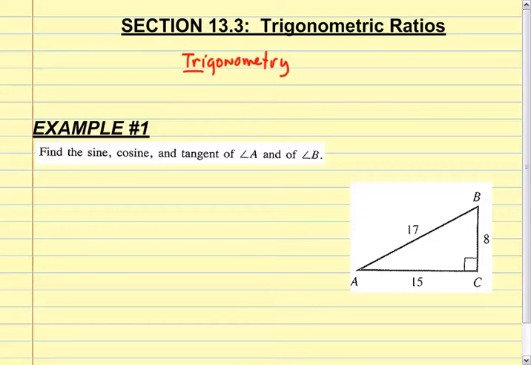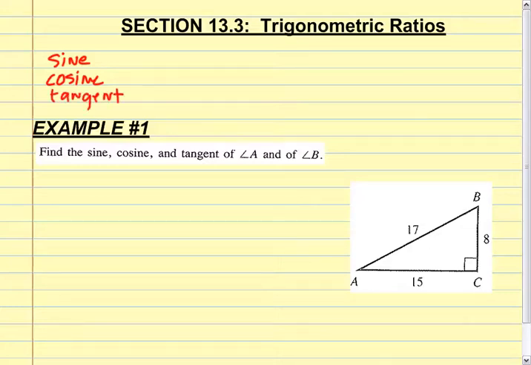Okay, so trigonometric ratios are just the ratios of the sides of a right triangle. Let me tell you what those are. There are 6. We're only going to focus on 3, but let me tell you what they are. They are sine, cosine, tangent,